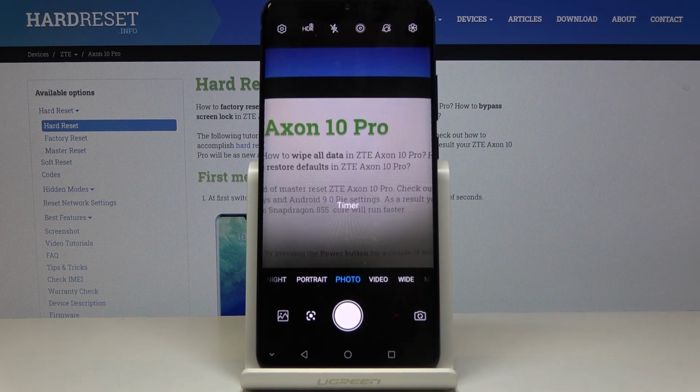seconds countdown. As you can see, you've got it on your display, so you can prepare yourself for a photo, and afterwards it will be grabbed. And that's it. As you can see, this is the photo delay that we set,